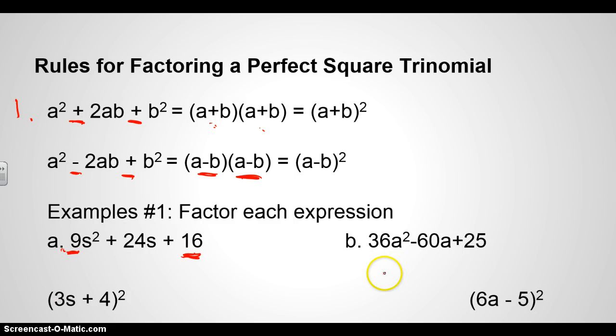The next example, we have 36a squared minus 60a plus 25. Well, let's think about this. Is 36 a perfect square, my first term? I need to think of the steps here. Is my last term a perfect square? Yes. What is the square root of 36? That's going to be 6. What is the square root of 25? That is 5. If you take twice the product of the square roots